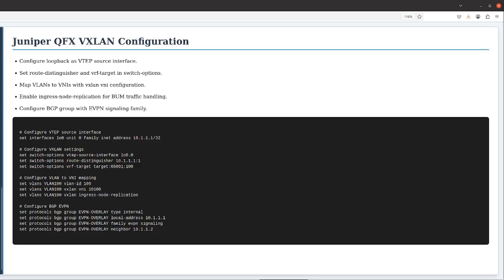The BGP configuration section establishes EVPN peering. The set protocols bgp group EVPN-overlay type internal command creates an internal BGP group for EVPN sessions. The set protocols bgp group EVPN-overlay local-address 10.1.1.1 command specifies the local IP address for BGP sessions, typically the VTEP loopback. The set protocols bgp group EVPN-overlay family evpn signaling command enables the EVPN address family for